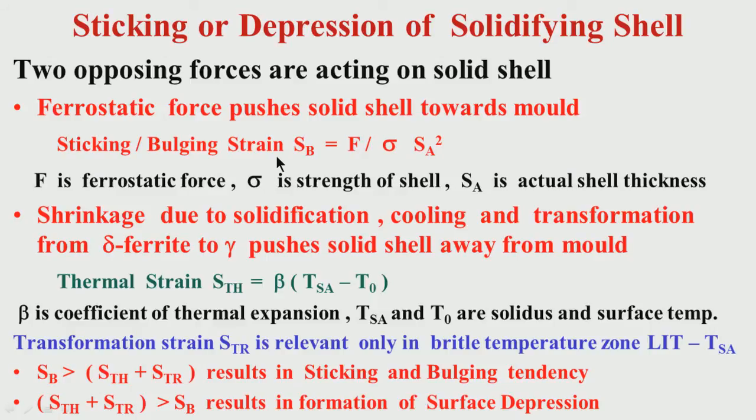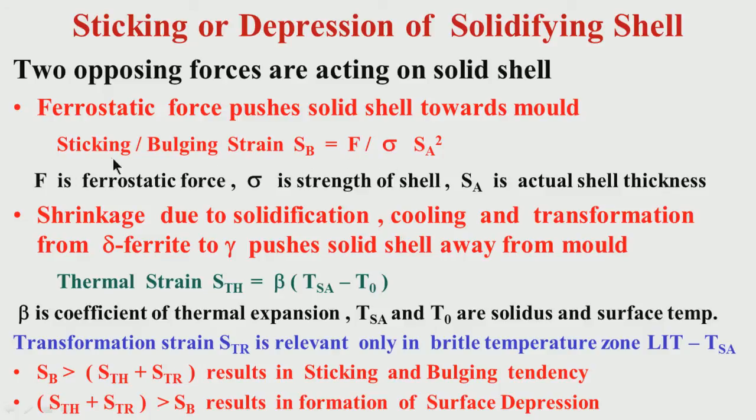That means, what is resisting the ferrostatic strain or force? It is basically the strength of the shell and the solid shell thickness. So, solid shell thickness, if it is thick, it is wide because it is the square root of that. So, it can resist it appreciably. So, the strength of the shell and the thickness of the shell, these two are important parameters to resist this